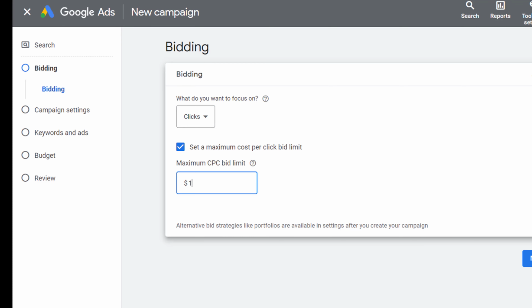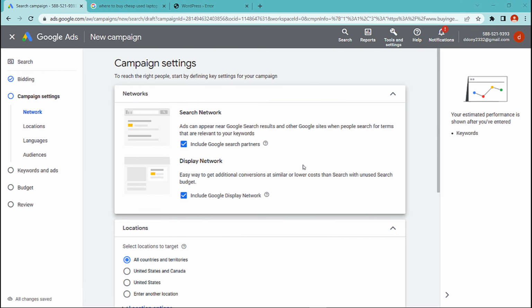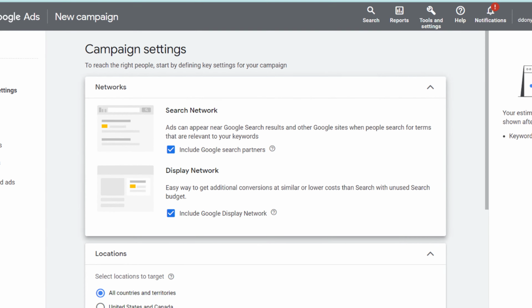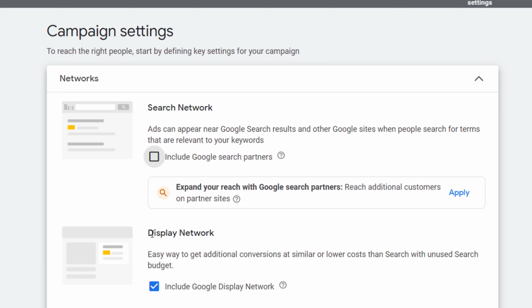Okay, then click next. Okay, this is an important part to make sure all your settings are set up correctly. What we are going to do is turn this off and turn this off.